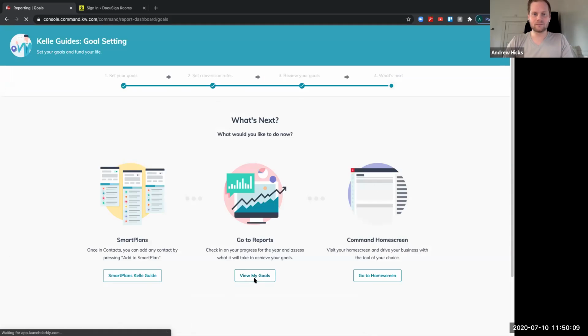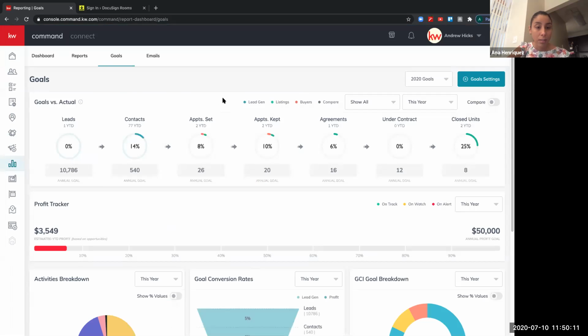Okay. And now, once we do that, it brings us to our goals area. So this is why those numbers are so important. This is why those conversion rates are extremely important. Because for this, we're looking at this year, our goals versus actual. So in order to meet our goal of making $50,000 in 1 year, this year we have to add